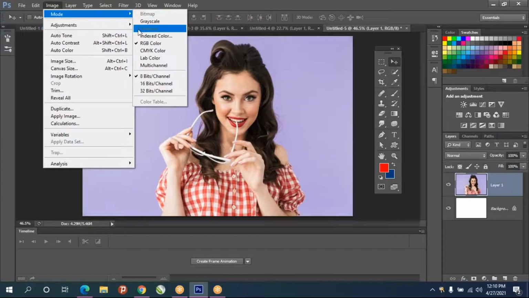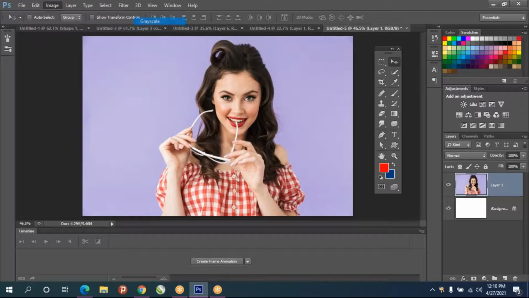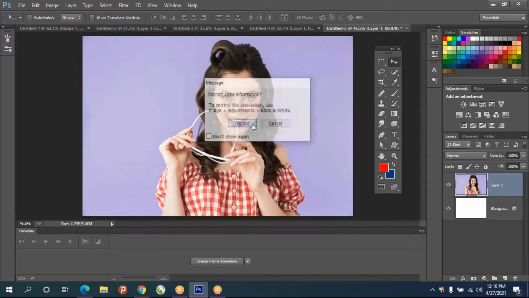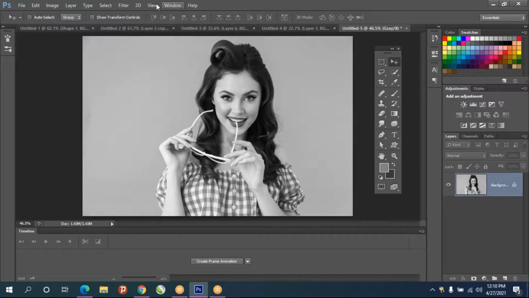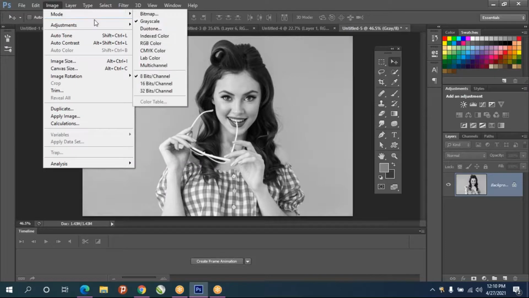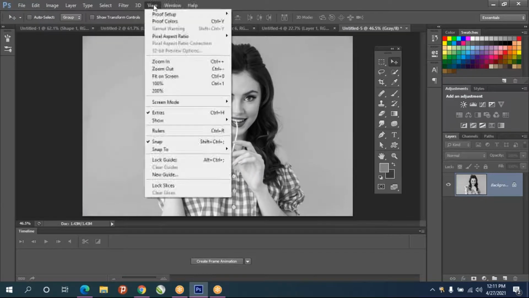Go to Image, Mode. You can adjust to grayscale. So automatically everything will become black and white. In the Image Mode menu, whenever you want, you can change. Suppose by mistake you take grayscale, you can convert from RGB to grayscale.